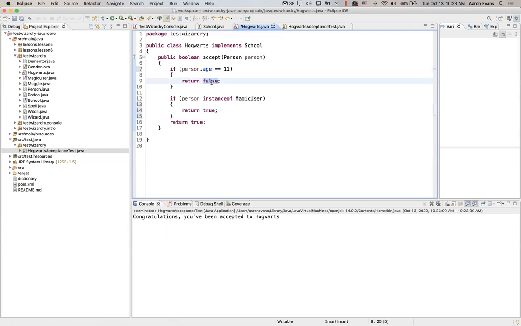So we'll say, if the person is 11, well, no, what we want to do, if the person is not 11, return false. If the person is not a magic user. And I just need to add these extra parentheses. This exclamation point, you remember here, not equal to. If this expression evaluates to true, it does not mean true. So if person is not an instance of magic user. Instance of is one of these Java keywords that says person. Well, person is a person,